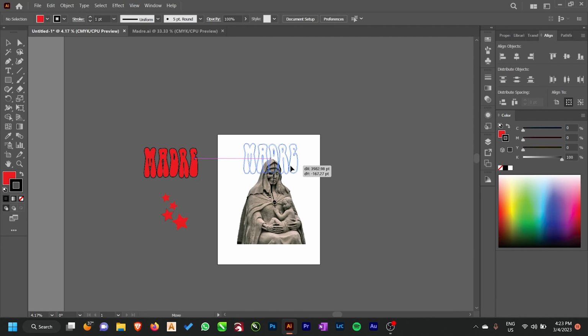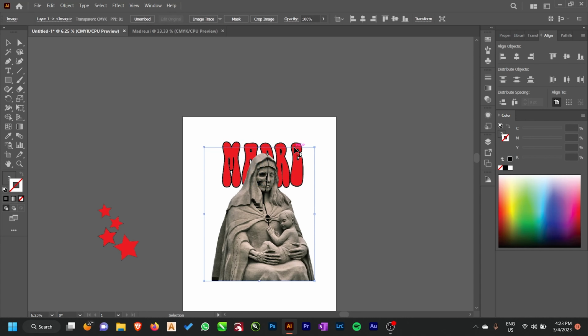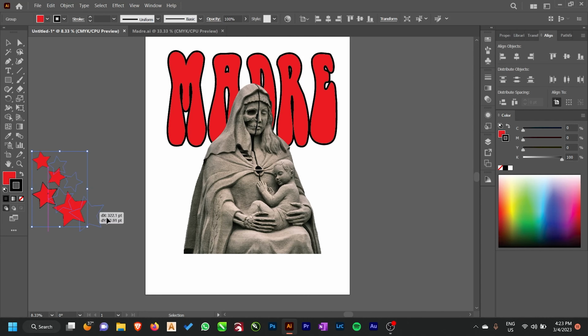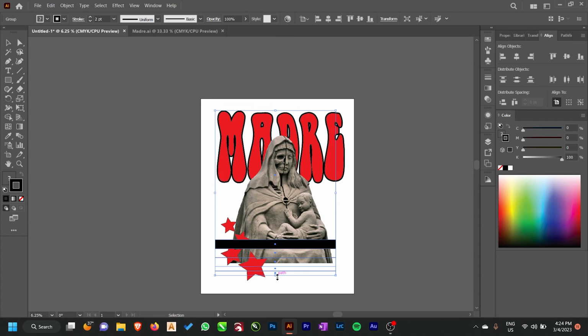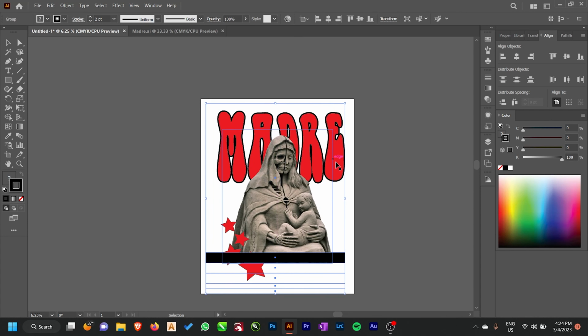Once I'm done introducing all the elements onto the artboard, I start working on the composition. And no, I don't have a set process while I'm making the composition. It's quite intuitive, and I think that's how it should be, because otherwise it breaks the creative process. It doesn't let the juices flow as they should. When everything's on the artboard, I start with the composition after that. I mean, it's a creative process. I can't ever think of having a set workflow when it comes to composition or even the elements I pick